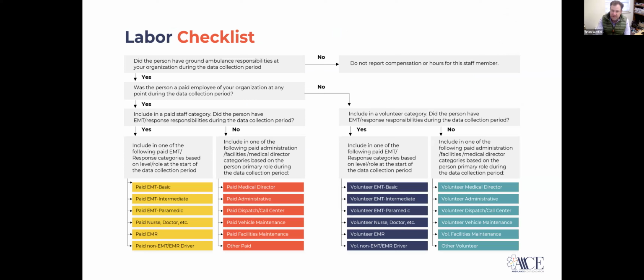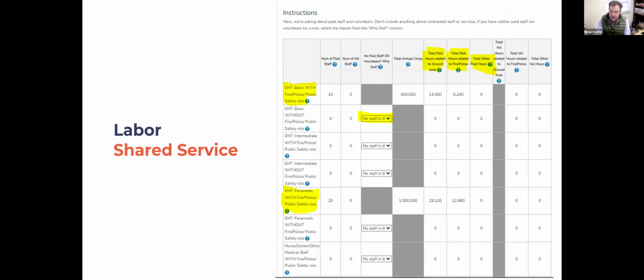So this is a handy little chart that CMS or the RAND Corporation on behalf of CMS put out just to sort of help you characterize people. But what we found is that for the most part, if you adhere to that general rule, which is if at any point in time they were involved in an EMS response, put them in that category, allocating individuals is not overly complicated. You will then get to a question that will ask, and it's asking in the aggregate.